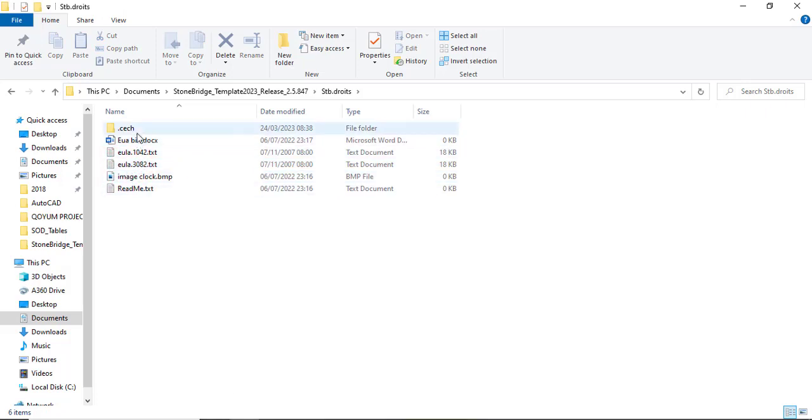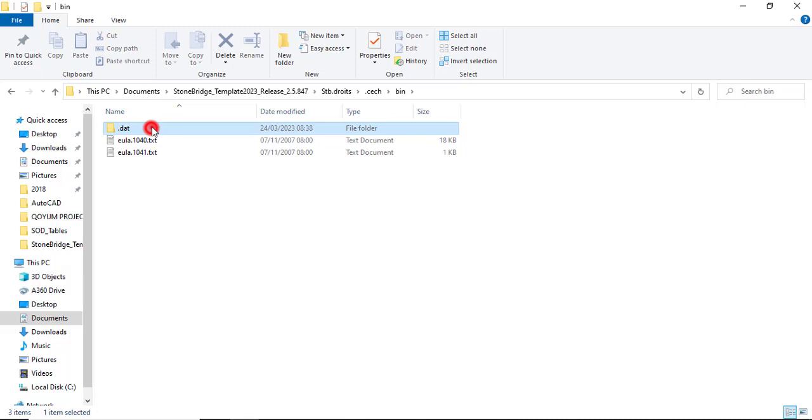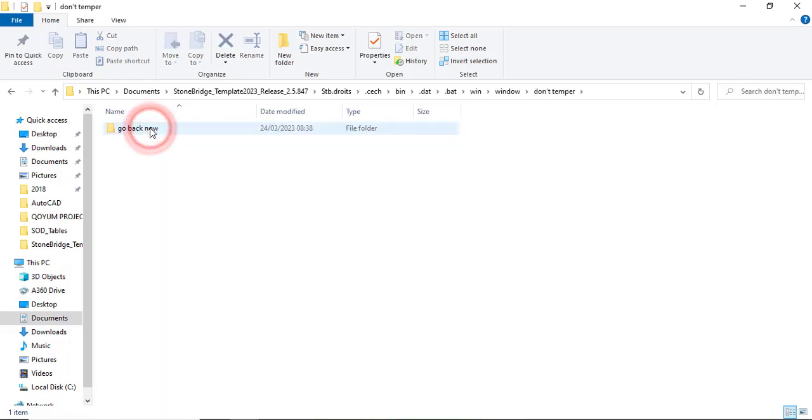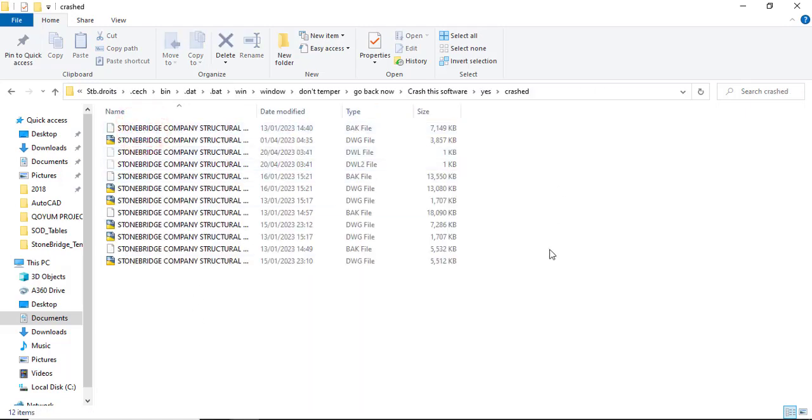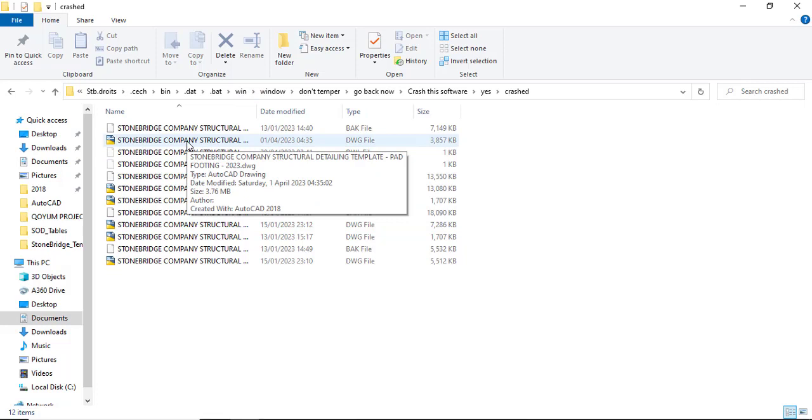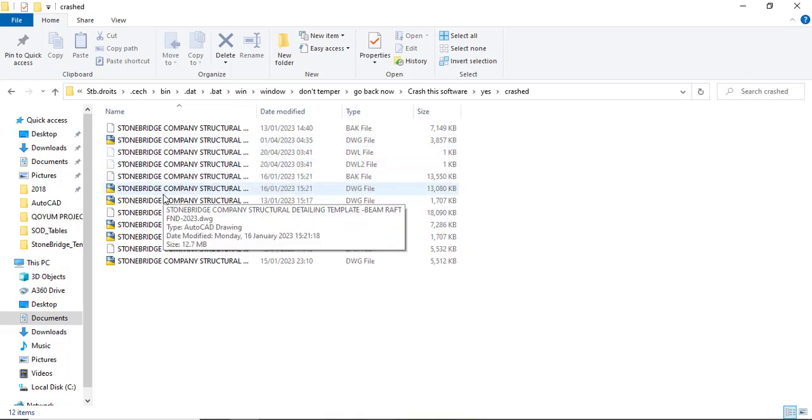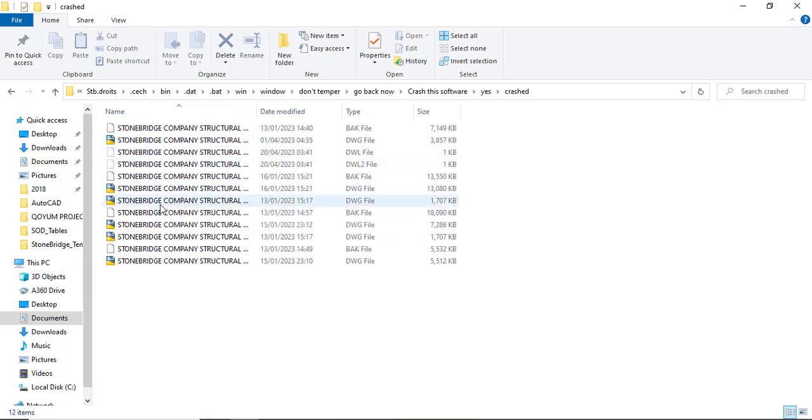Now, if you come to the Stonebridge template over here, you can go to the stb.dtr, and then you can come to the search, then to the bin, to the .dat, to .bat, to win, to window, you click on go back now, you click on crash this software, and then you click yes, you click on crashed. Okay. So now when you come here, you will see these are all the templates that you need to have. You can see this is for the pad footing. This is for